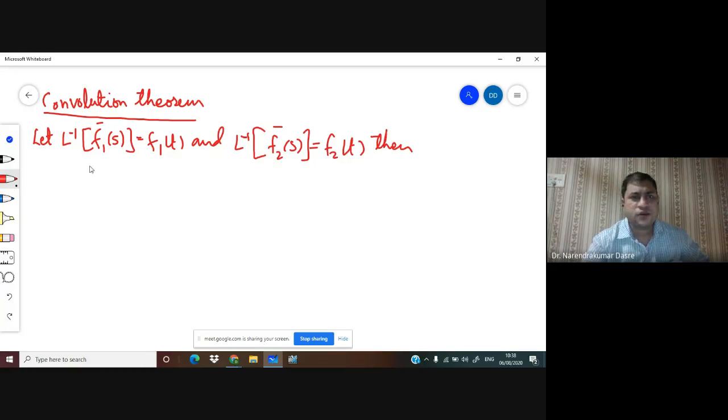Then the Laplace inverse of f1 bar of s into f2 bar of s is equal to the integral 0 to t f1 of u into